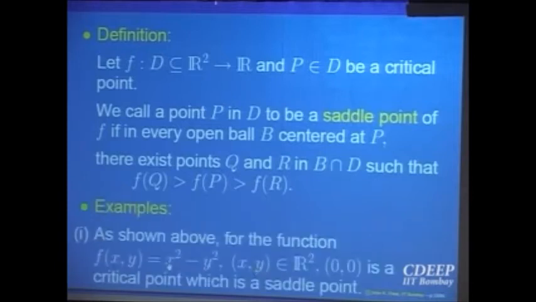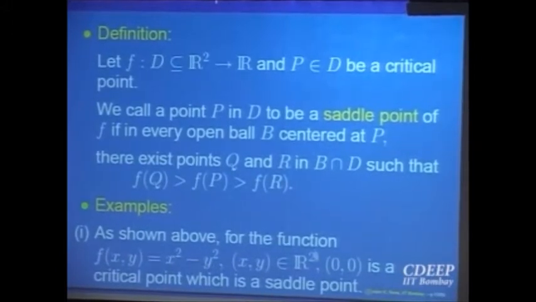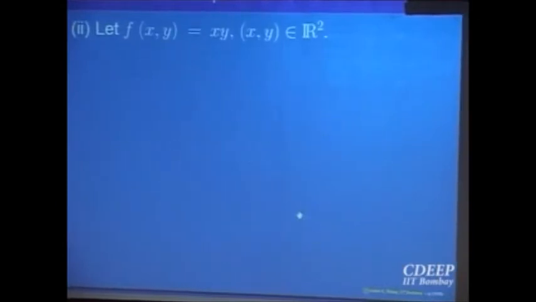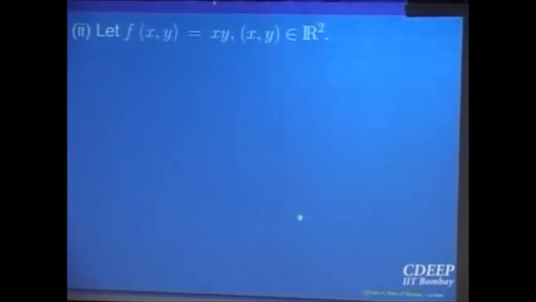So just now we said, look at x square minus y square, right? By definition alone, you can see that along y equal to 0, the function will always take positive values. Along x equal to 0, it will take negative values as before. So the point 0, 0 is neither a point of local maximum nor local minimum, it is a saddle point.